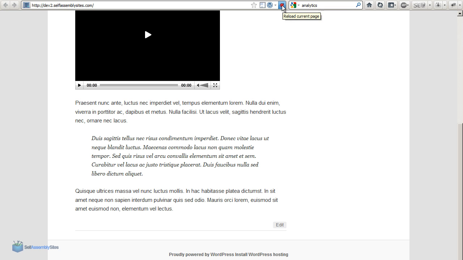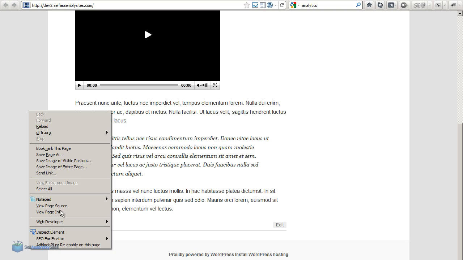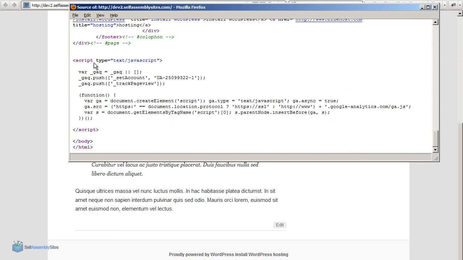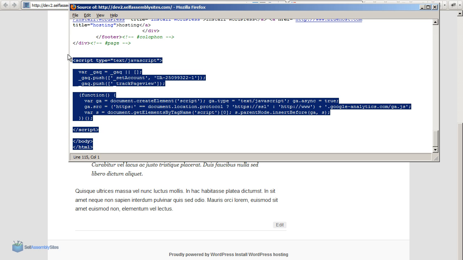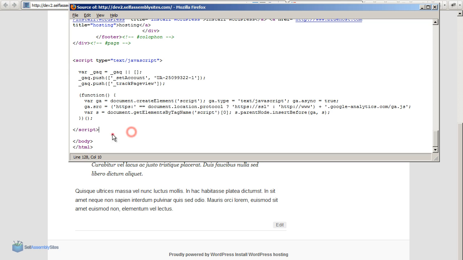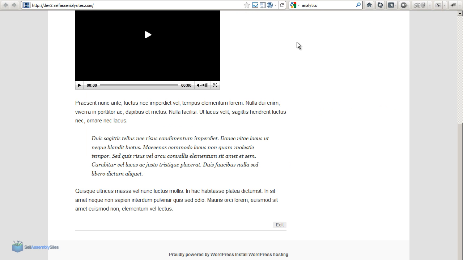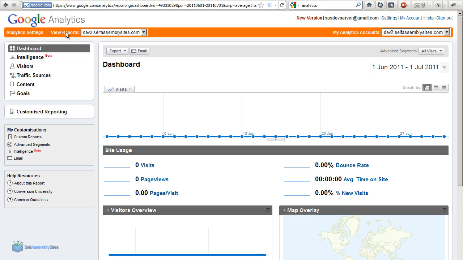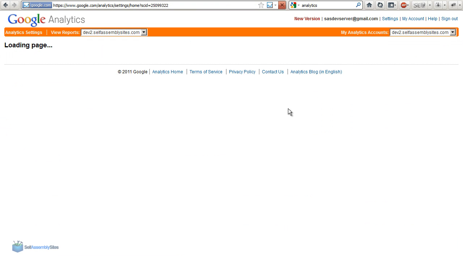So now if I go back out to the home page and refresh, and if I now do view page source and scroll to the bottom, you can see that just before /body/HTML is the code from Google for analytics. So analytics is now embedded and live, and we may be able to confirm that if we go back to the dashboard in analytics settings,